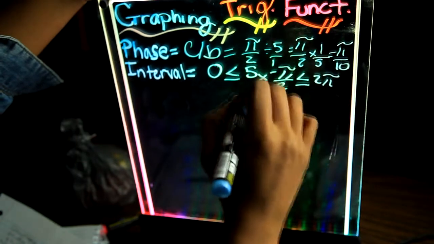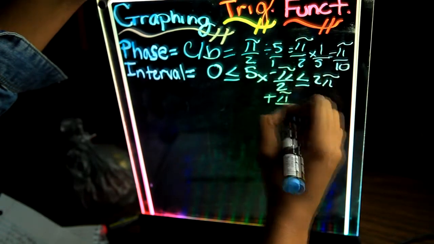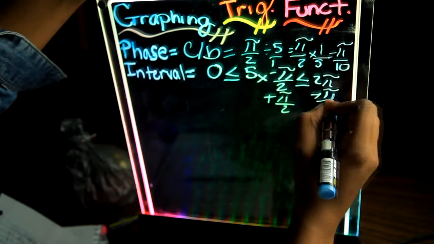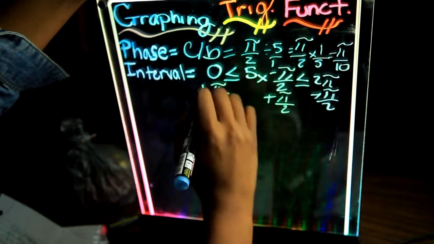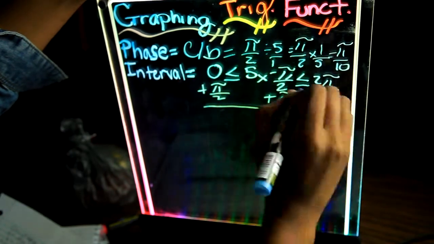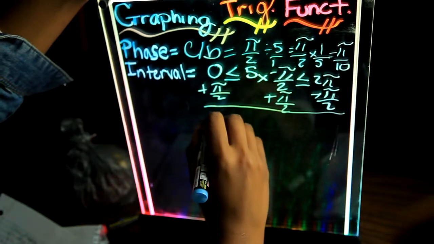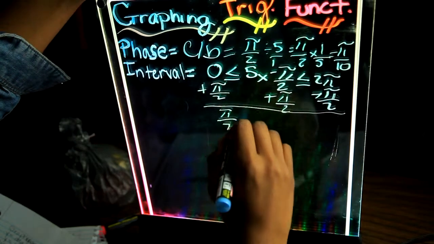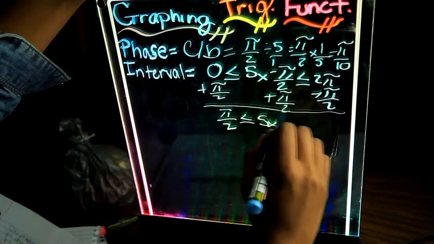So first we're going to add pi over 2 to both sides. We then get pi over 2 is less than or equal to 5x,